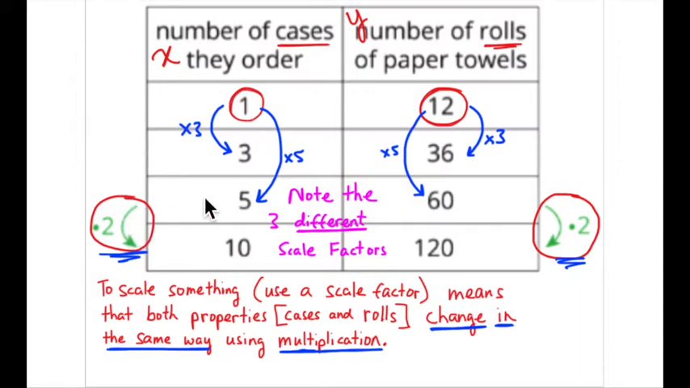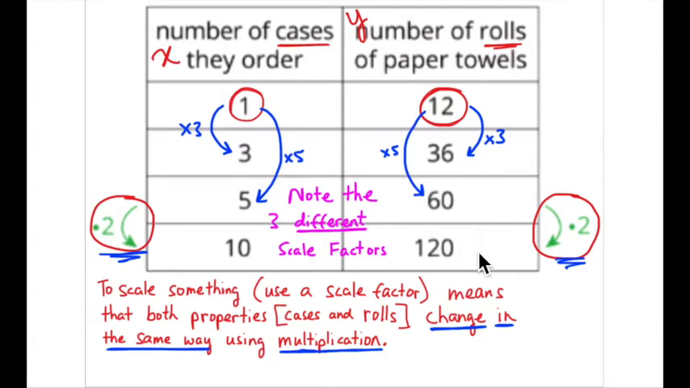So this 2 here times 2, that's a scale factor of 2. So 5 times 2 is 10. 60 times 2 is 120. So scale factors go from one property, or property number 1, and use a factor to get to another value for property number 1, so that it stays within the property. And then they also have to do the same thing for the second property. So it's property number 2, using that same factor, in this case 2, to get a different value within that same property. So this is cases to cases, 5 cases to 10 cases, and this is rows to rows, 60